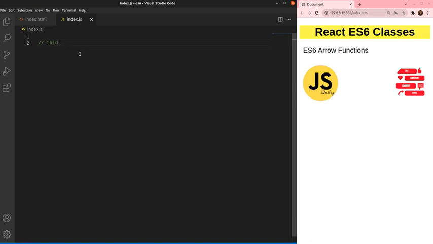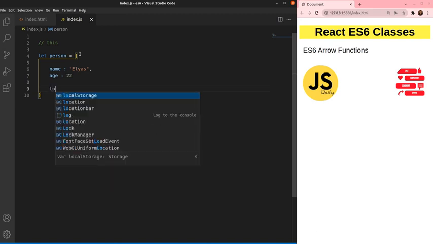Let's have two examples of this. We have let person equal to, we have one name Elias and age we can say 22. Right now we have another function log info